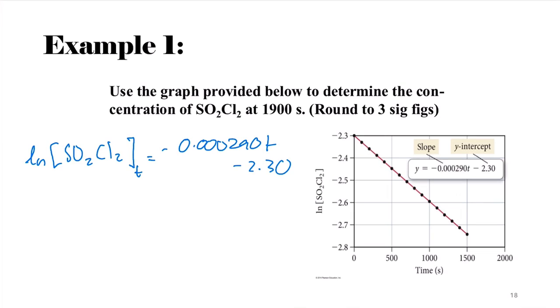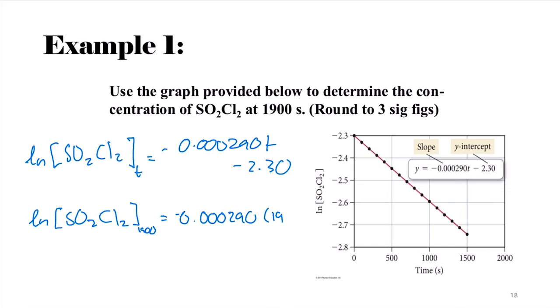And so you can take this and just plug in the value for 1900 here, because you already have the concentration as a function of time. So you plug in 1900 to this, you get ln[SO2Cl2] at 1900 seconds is equal to minus